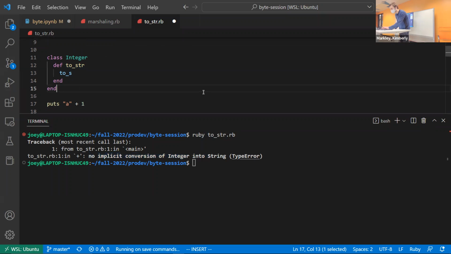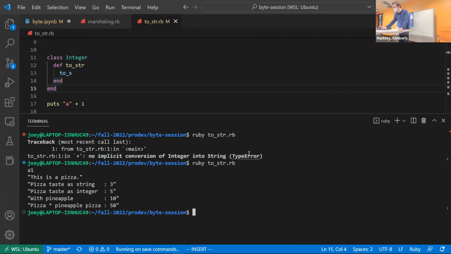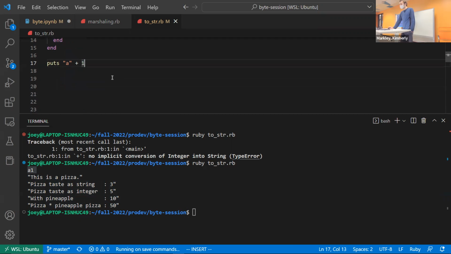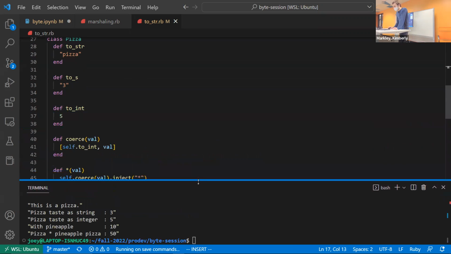You've got to save it first and then run that. Pardon this, we'll get to that. But it prints out a +1 because now it's calling .to_str. And so it's not throwing an error anymore,